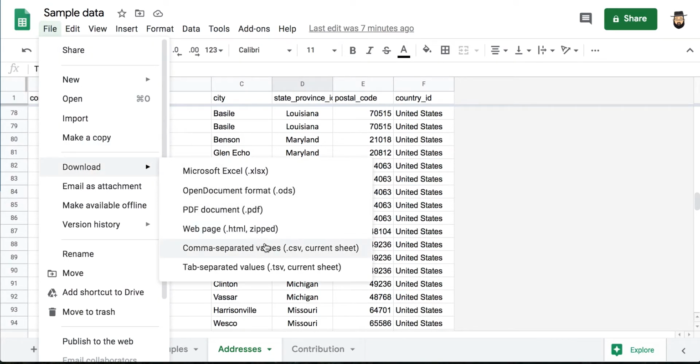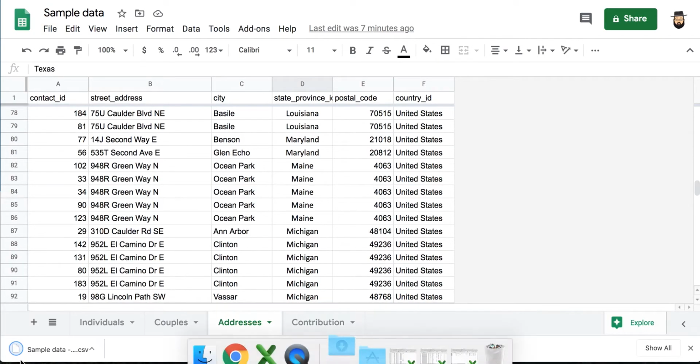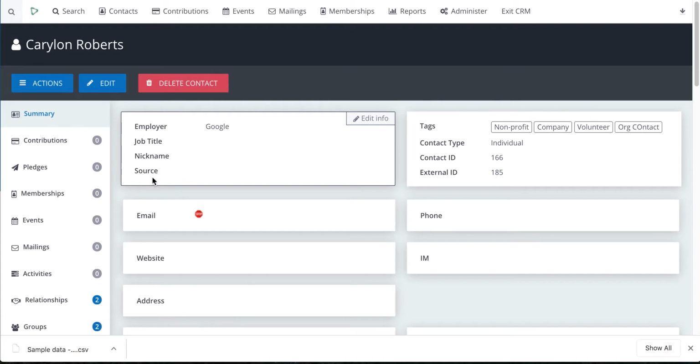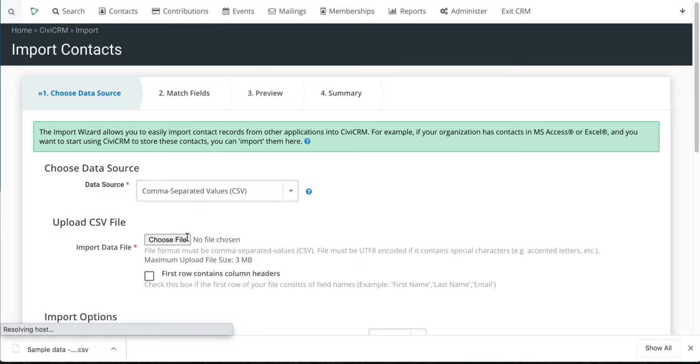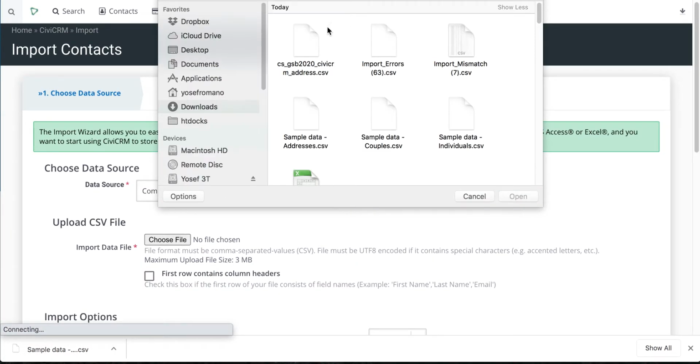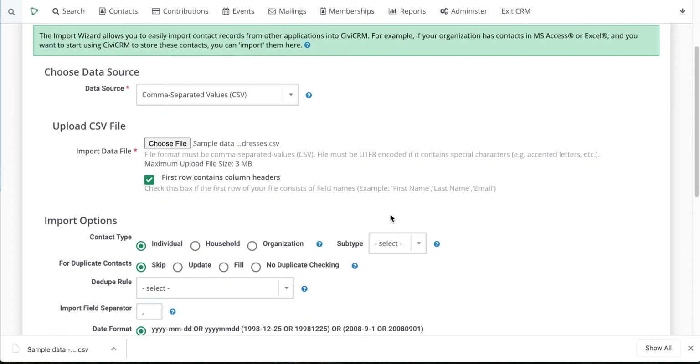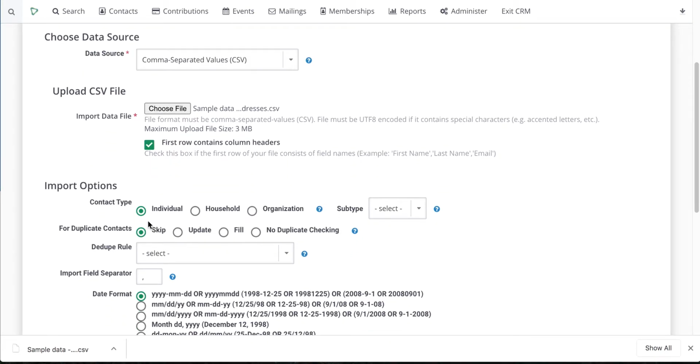So I'll hit download, and I'm downloading it as a CSV as usual, and I'm going to go ahead and import those. So I'm hitting import contact, and let's see, I'm looking for addresses. Perfect. First row is the column header. I'm importing for individuals,